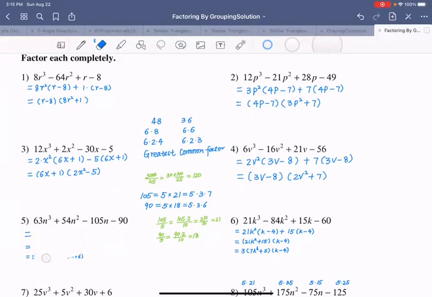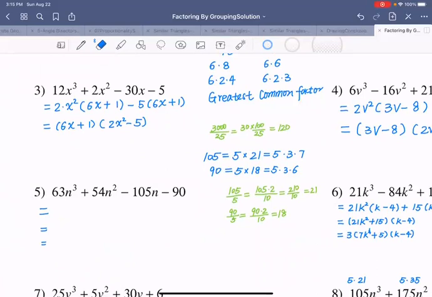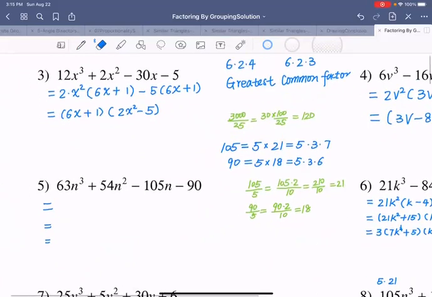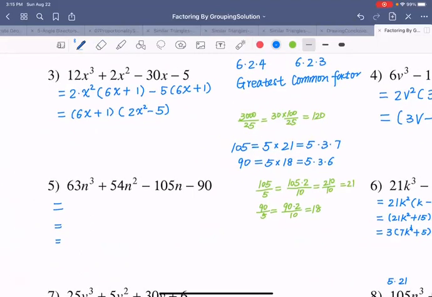Okay. Now let's go to number 5. Ashley, let's go ahead. See this one. You take out 9n squared times 7n plus 6. Very good. Minus